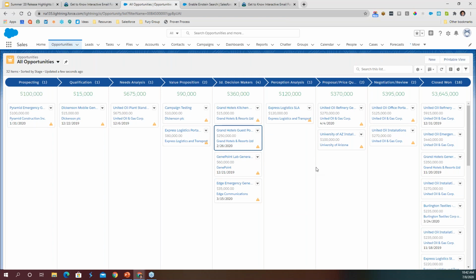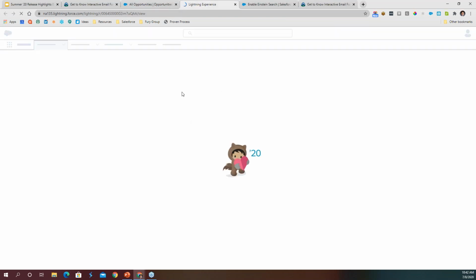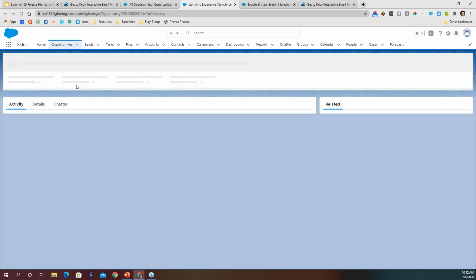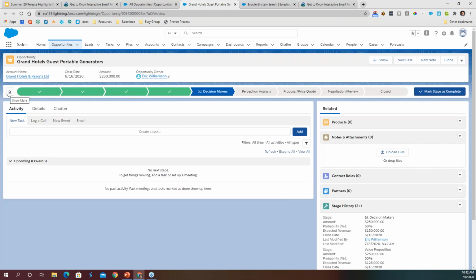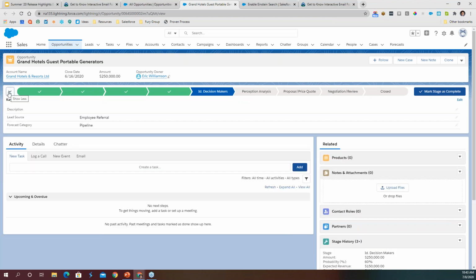What is going to be brand new in the release is the guidance to success. If you're not familiar with the guidance to success, I'll go into an opportunity here and show you what it is real quick. If you have it set up, and I can show you where to set it up in just a second, you have your prospecting pathway across the top here, and you have this little caret, if it's set up. And this little caret's going to surface in this stage, ID decision makers, these 5